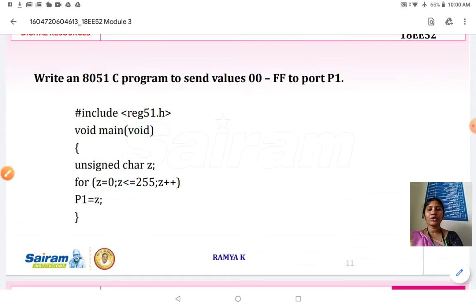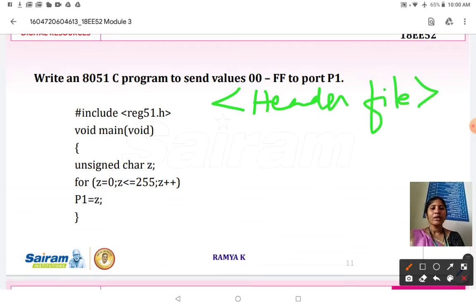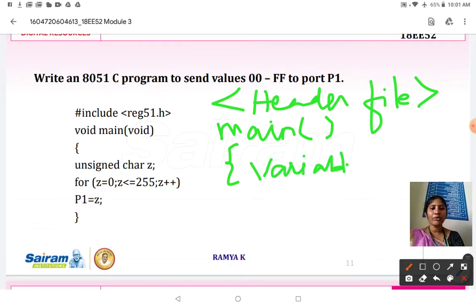Usually the structure of your C program will be: first you should declare your header file. Then you have to start your main program, then open the curly braces, then the variable declaration if you have any.